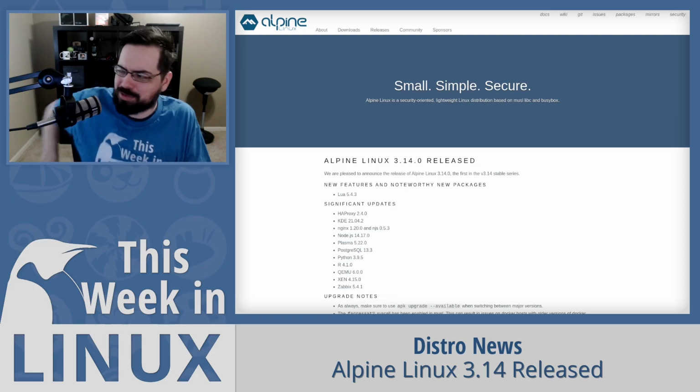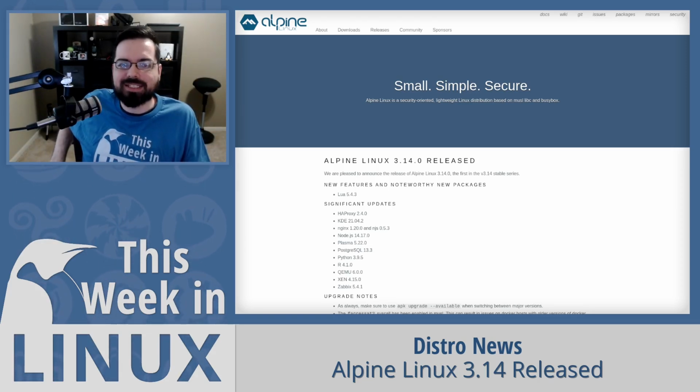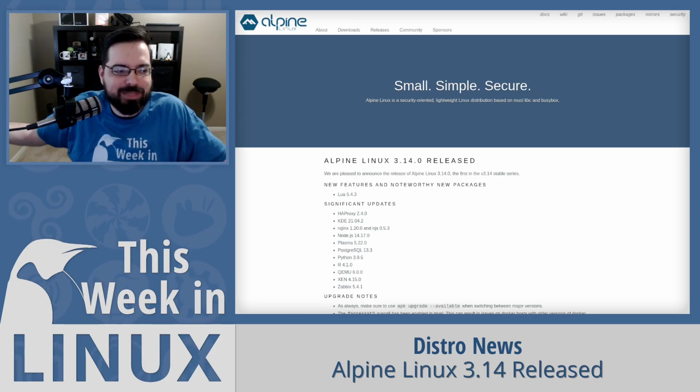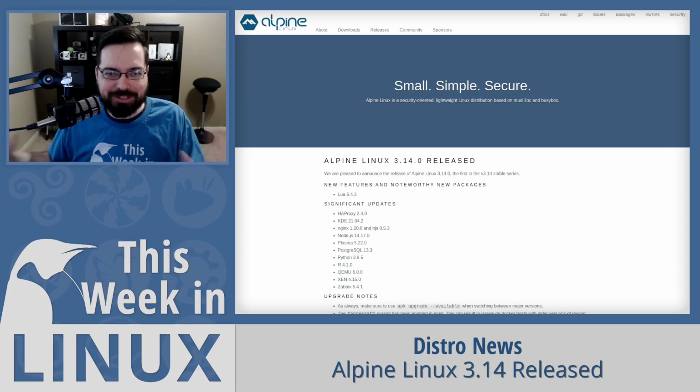Is every distro that I covered today Plasma? No, because Regolith. See, it's not all of it. It's not all Plasma-based stuff, people. I love KDE, but I also cover other things.